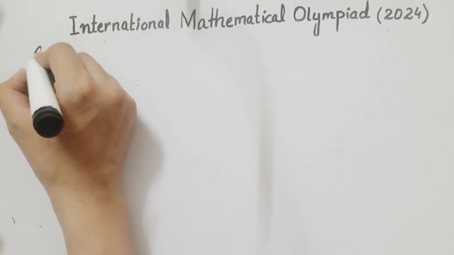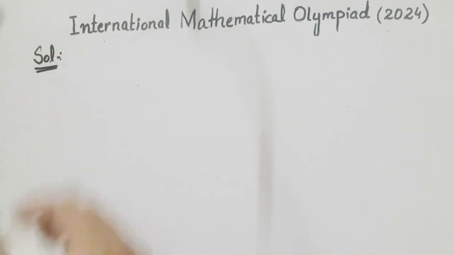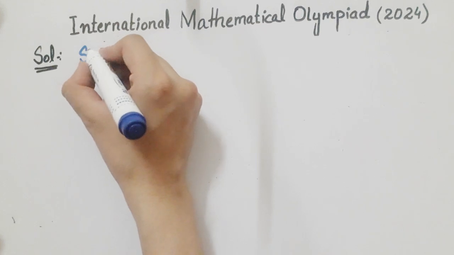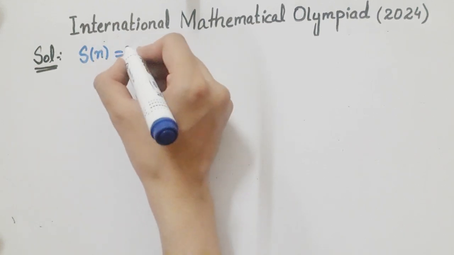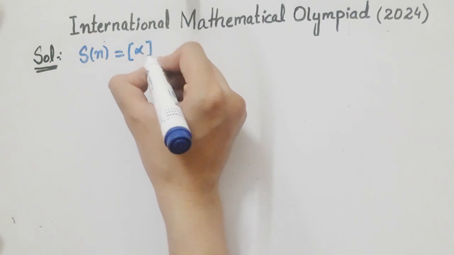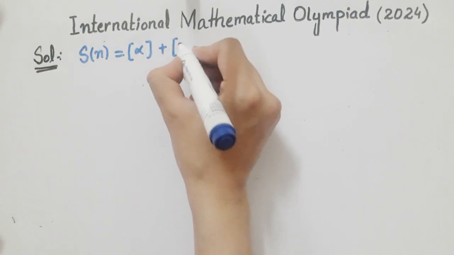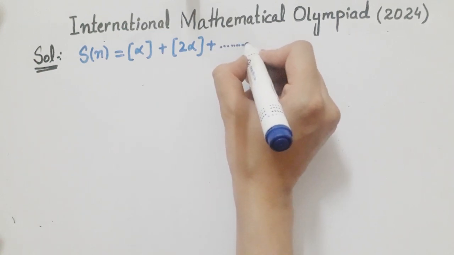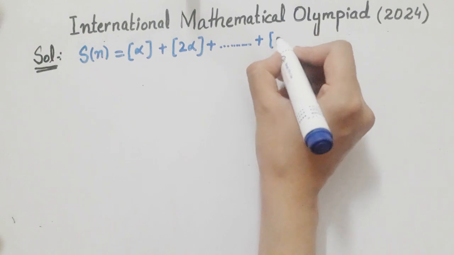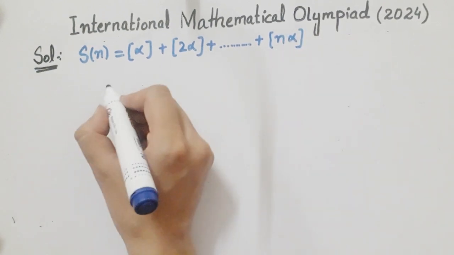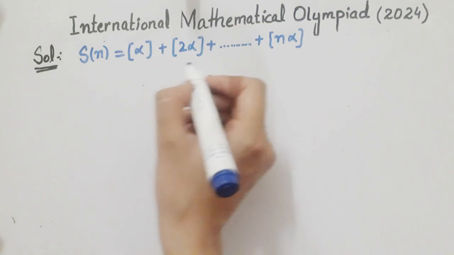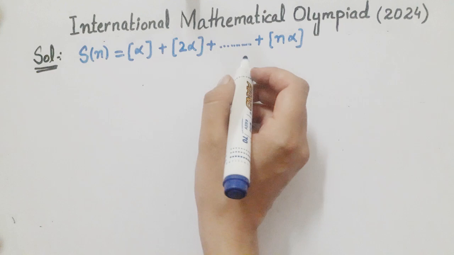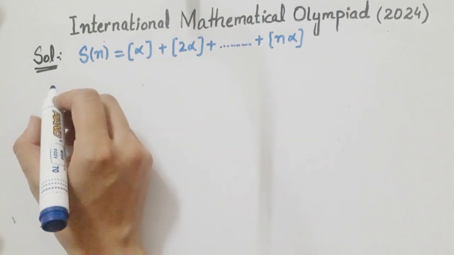We will start the solution of this question as, first of all, consider the given S_n is equal to floor(alpha) plus floor(2 alpha) plus and so on up to floor(n alpha). Then this problem states that for every positive integer n, S of n is a multiple of n. So we will prove this as, first of all,